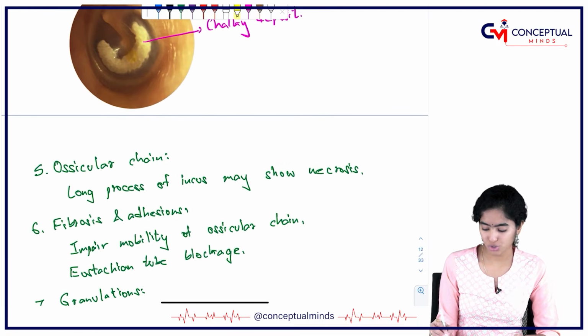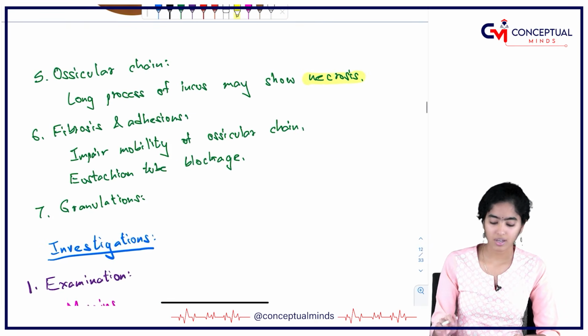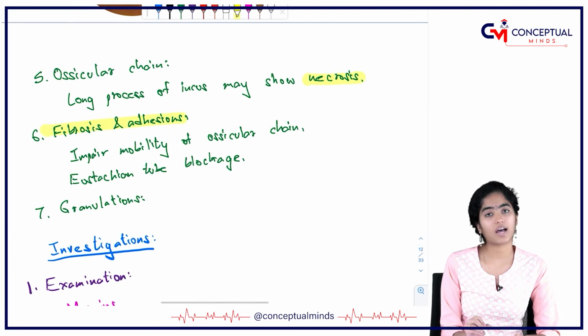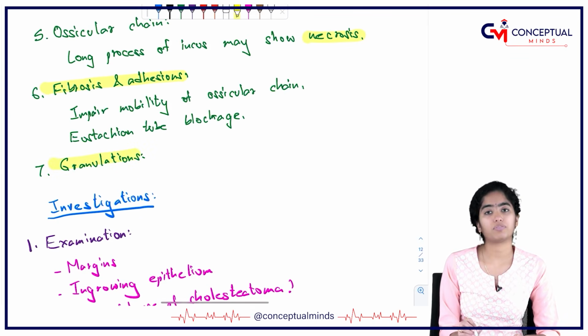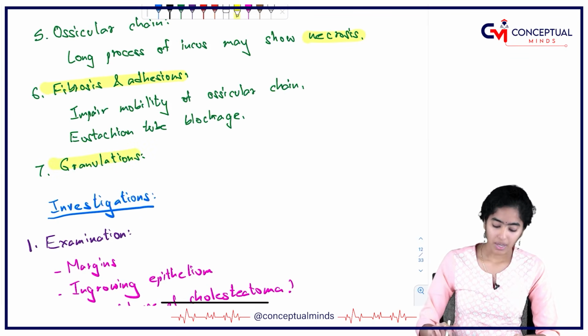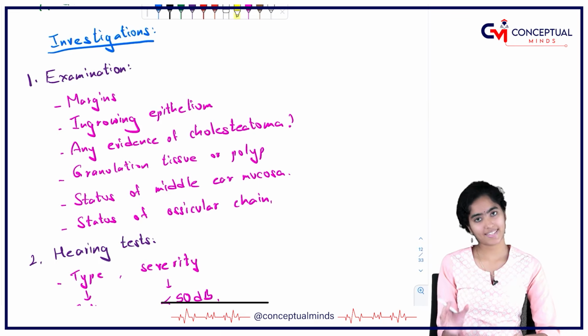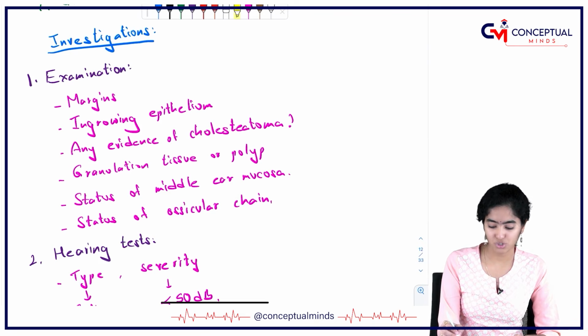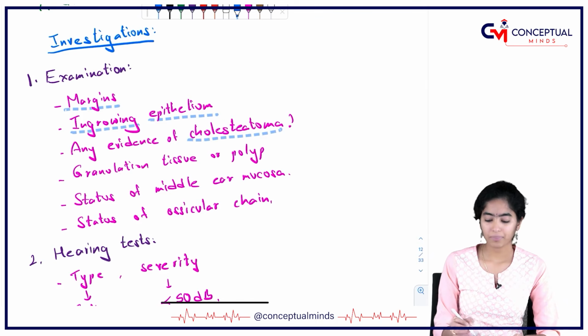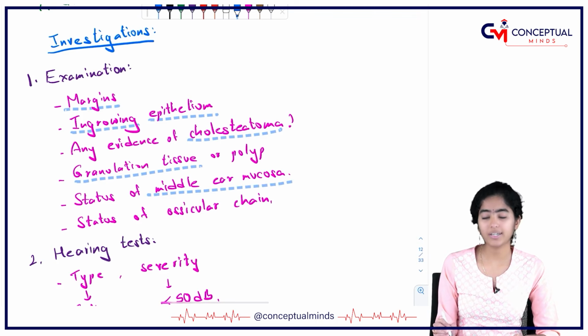Ossicular chain can show necrosis in certain patients. Fibrosis and adhesions are found at various areas that could lead to immobility of structures. And granulation tissues, if present, have to be looked for. Coming to the investigations, a detailed examination of the ear is very important. We have to look for various features such as margins, for an ingrowing epithelium, evidences of cholesteatoma, granulation tissues, and most important is the status of middle ear mucosa, which